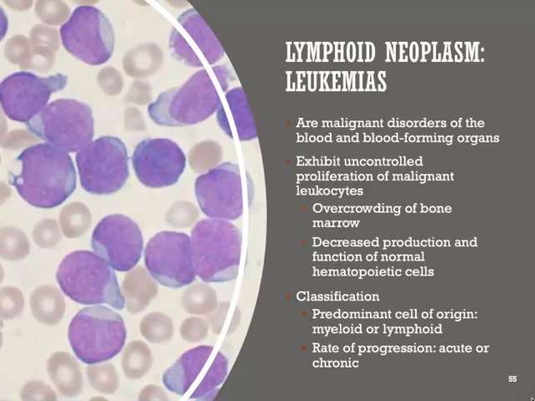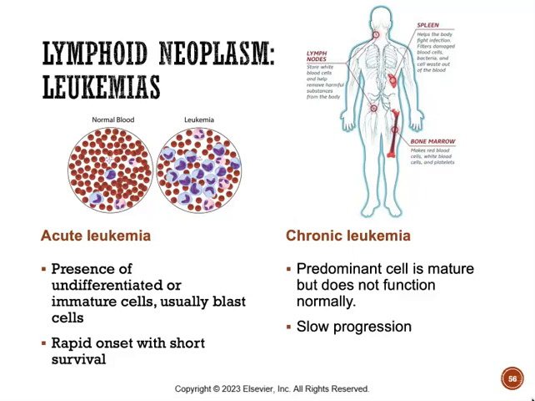And so we want to get some lab values and get a feel for what's going on, do our best to prevent infections and manage any anemias that arise, and of course provide some emotional support. So let's start off talking about, again, some of the differences between acute and chronic leukemia.